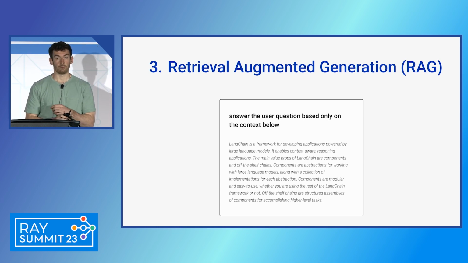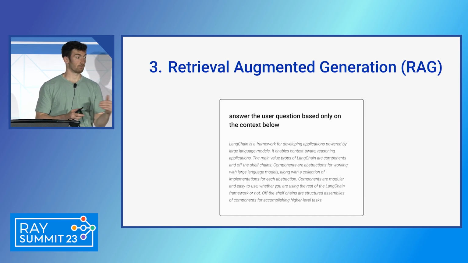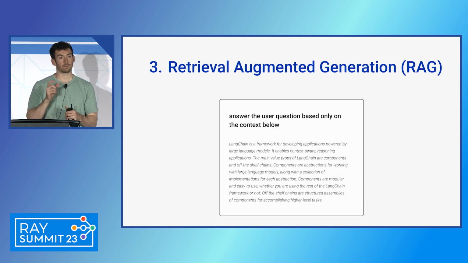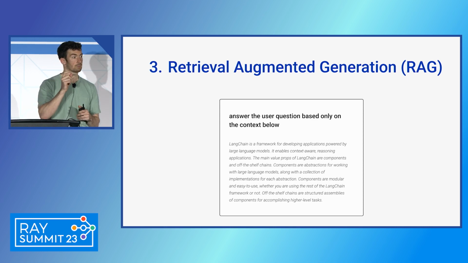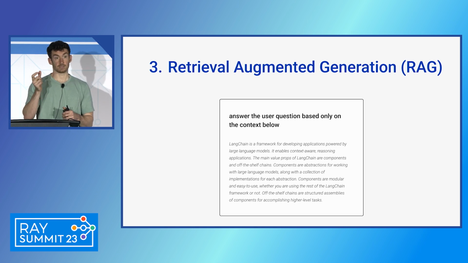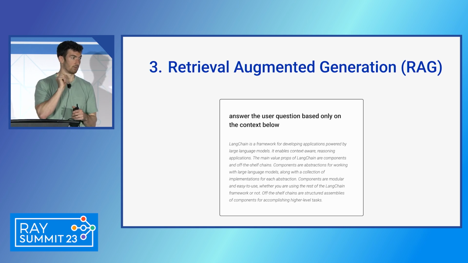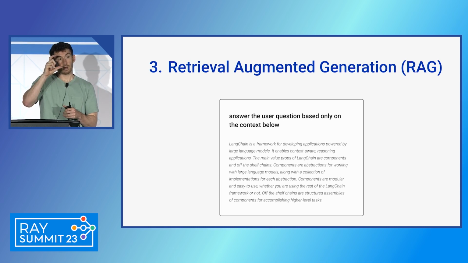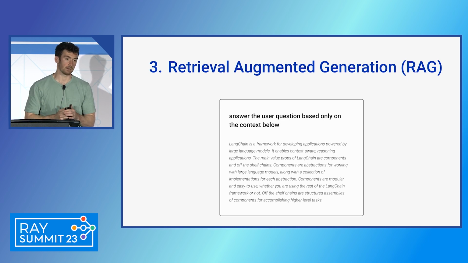The third type of way to provide context is maybe the one that most people think about. It helps create these RAG type applications, retrieval augmented generation. Specifically, the difference here is that you're providing context to the language model and you're asking it to base its response in this context. So it's not exactly instructions, and it's not exactly examples. Rather, it's some content, and the language model is going to base its entire response on that content.